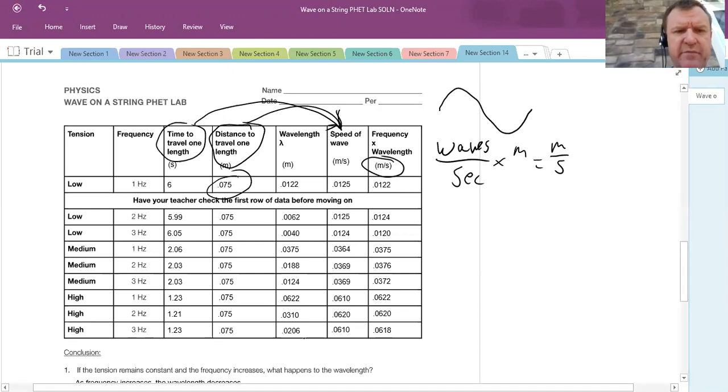You follow that same process all the way down, repeat low tension 2 hertz, 3 hertz, go medium tension 1, 2, 3, high tension 1, 2, 3. One thing I wanted you to notice,